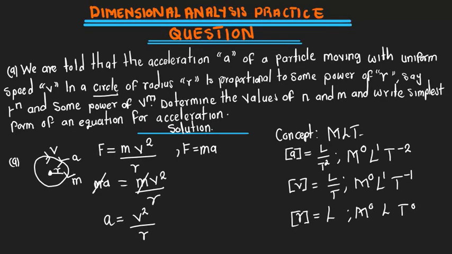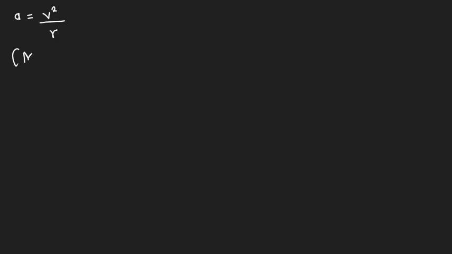A is equal to V to the power 2 over R. Where there is A, I'm going to replace with my MLT concept. So remember, A is this particular guy here. I'm going to say M to the power 0, L to the power 1, T to the power negative 2. And then where there is V, I'm going to put M to the power 0, L to the power 1, T to the power negative 2, all over